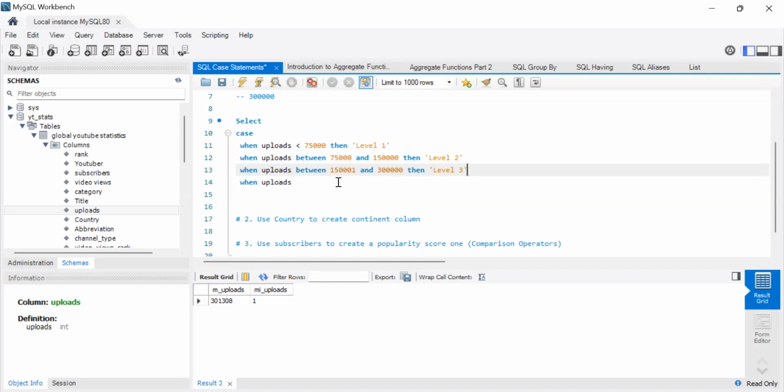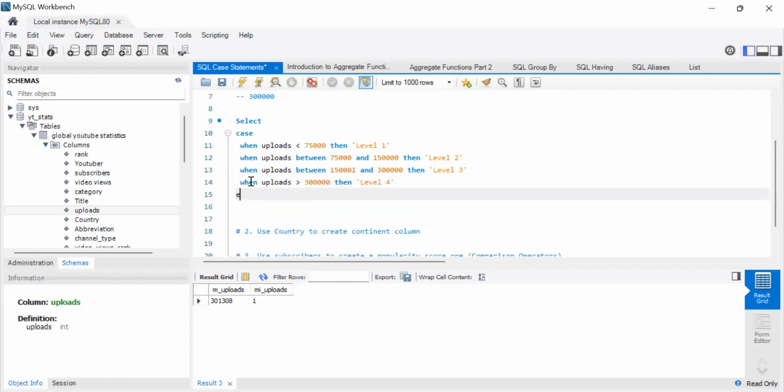So there are two options here. You could also say when uploads are greater than 300,000, then level 4, or you could just write else level 4, meaning it will pick whatever does not meet the other conditions. Anything that remains is level 4. Why I prefer writing this is because sometimes it might not be as straightforward. You might be creating case statements for something that's a bit more complex. So I prefer not to use else, so that when I close this, so end